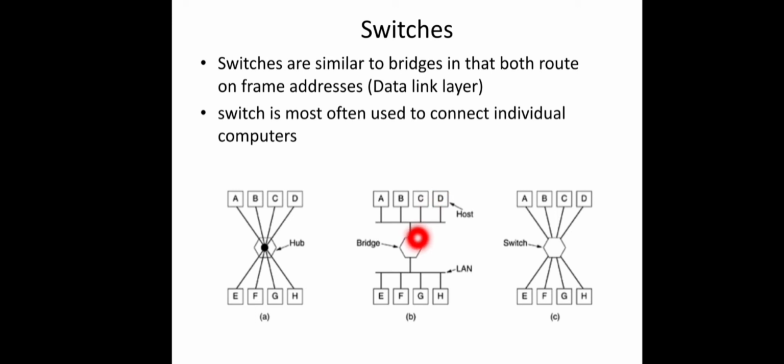If the bridge receives such a frame destined to B, the common port for A, B, C and D is this one. Let us call it port 1 and this one port 2. If it receives a data frame on port 1 from A destined to B, it will simply discard it. What about a switch? If it receives a frame from A destined to B, it should definitely forward it to machine B, right? There is no other way to route the packets. That's the difference between bridge and switch.